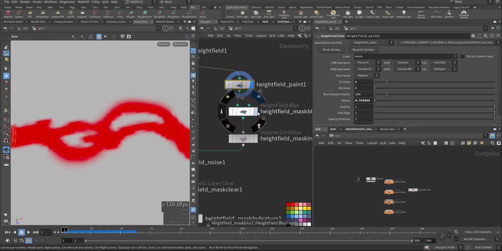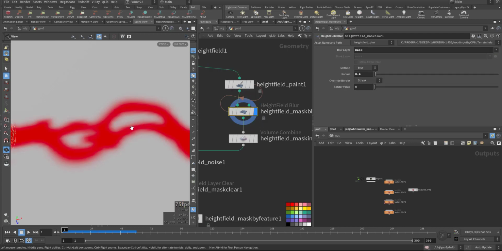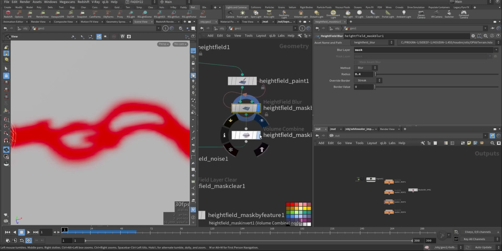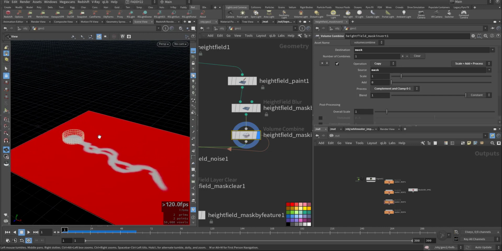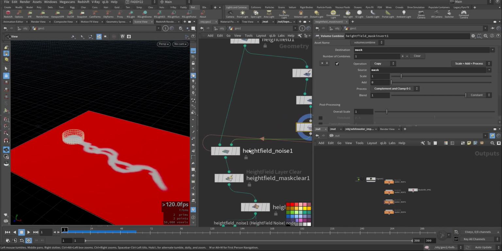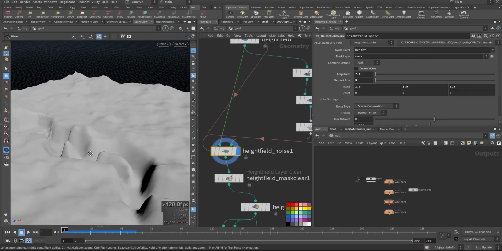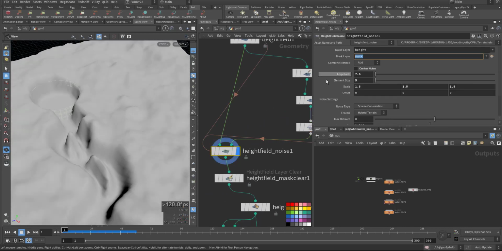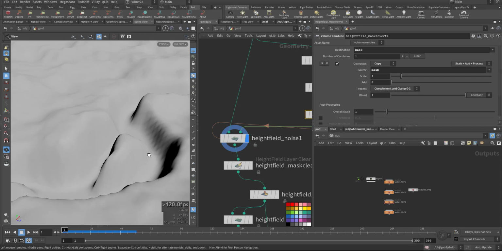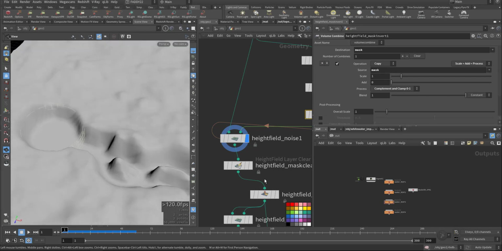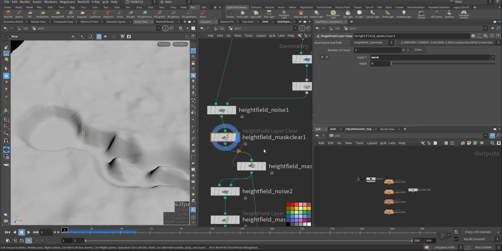Then I made a little blur, as you can see, without width, so we don't have sharp edges, and I inverted the mask. So whatever operation I do, like noise or elevation, it will be in this area. So I added height field noise, see, and I made sure the mask area is the mask. You choose the mask, and because we inverted, it's working. So this is the river, these are the small islands. I remove the mask